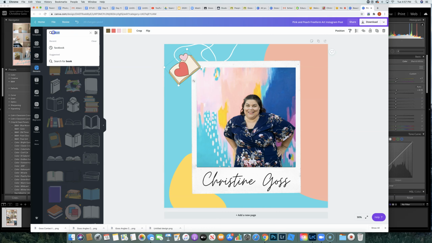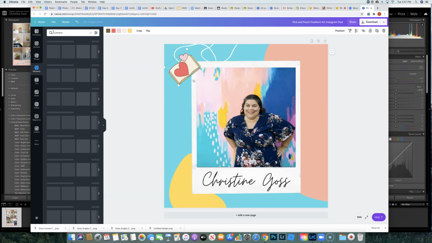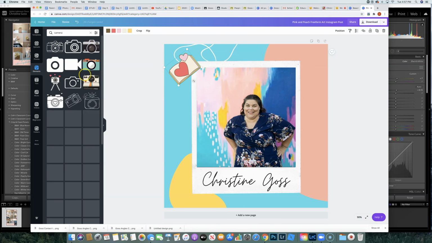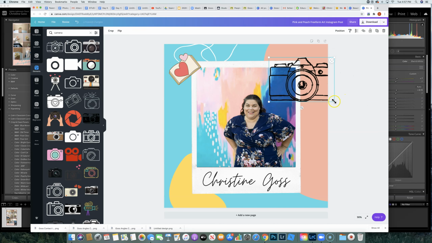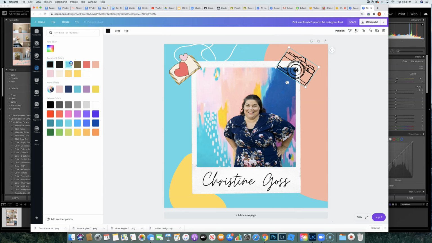So I love books, and I love photography. These are things you could probably guess about me based on what I teach. I'm going to add that one there. This one I do want to change the colors because I'm not loving the black. There we go. It's better like that. Okay. And then I can keep adding things, and I can do a mix of words or